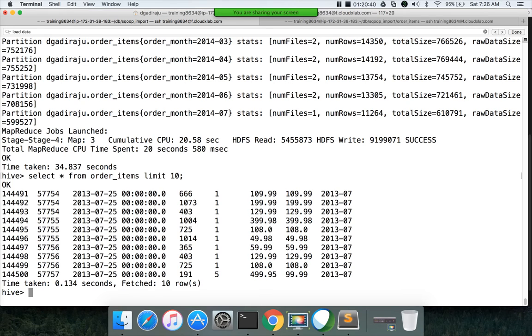Okay, and here we have been running the insert command using insert into table. In some cases we want to overwrite. Instead of insert into table, you can say insert overwrite table. In that case, whatever data already exists will be deleted and replaced with the data generated by the select query.